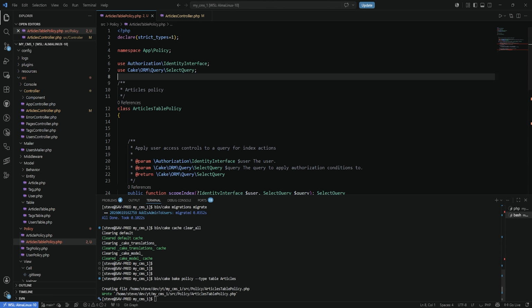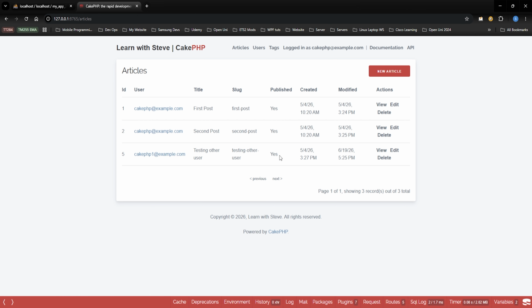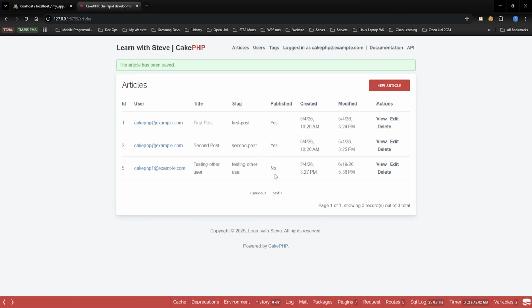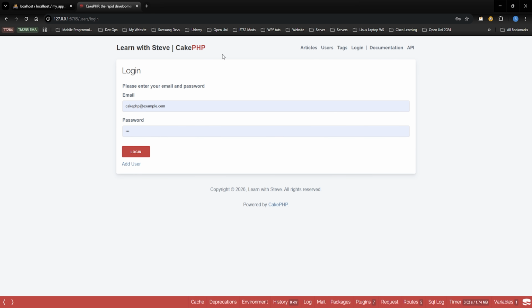Then refresh the page. We should still be able to see, and we can. And we should still be able to edit the post, because the entity policy is allowing us to do that. And then if we unpublish the post and then submit, we can still see it. Whereas our users,